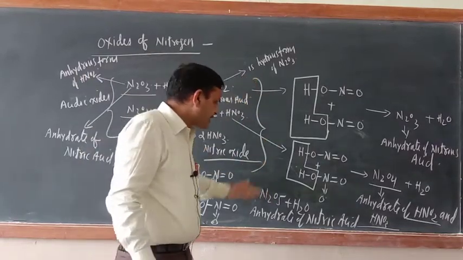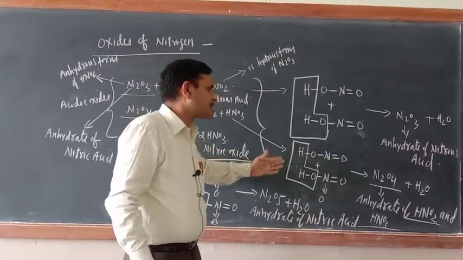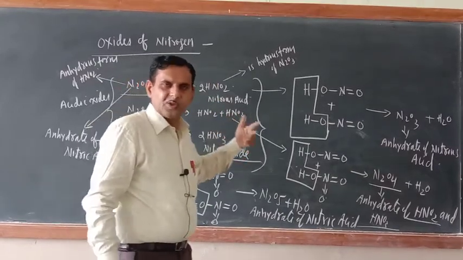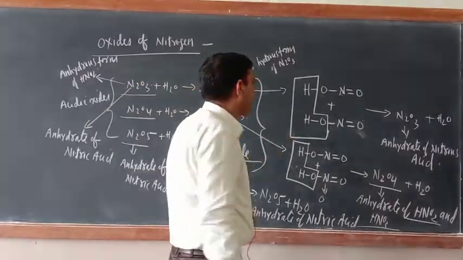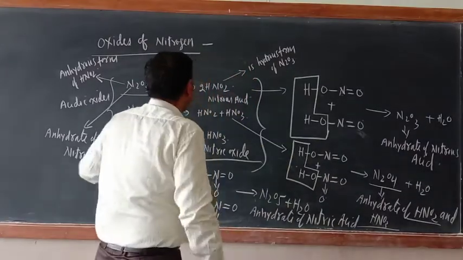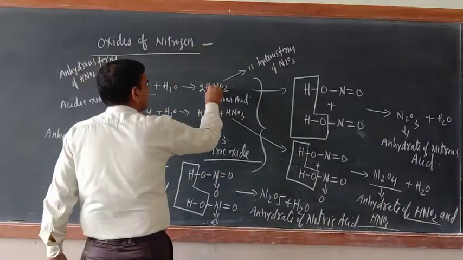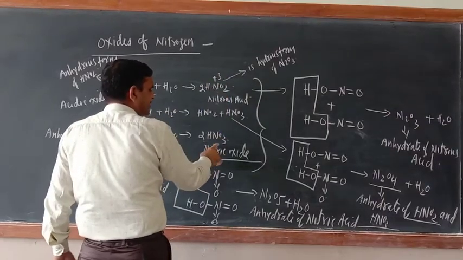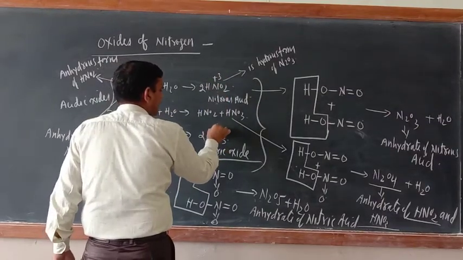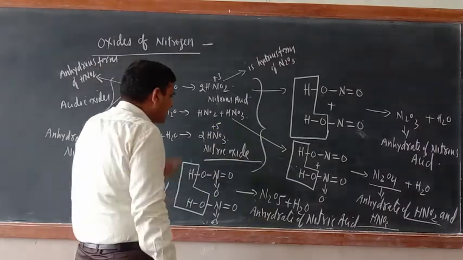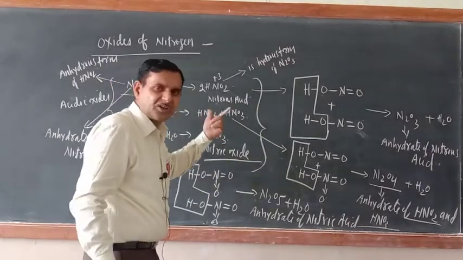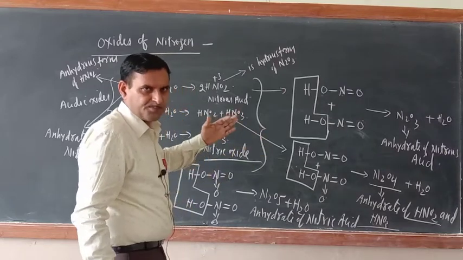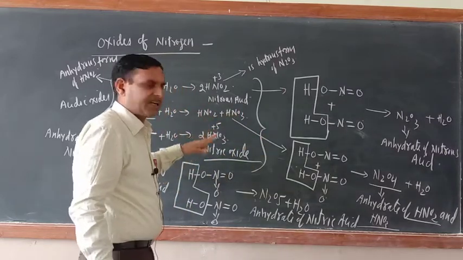Now while teaching this, I taught you the structure of nitrous acid and nitric acid also. So later on you may not face the problem. One more important thing, why is this known as nitrous acid? Because the oxidation state of nitrogen here is +3. Why is this known as nitric acid? Because the oxidation state of nitrogen here is +5. Ic means higher oxidation state, ous means lower oxidation state. Okay, so try to understand here.